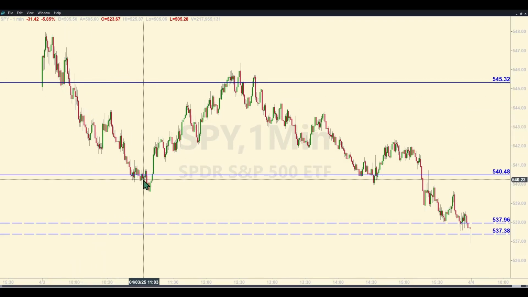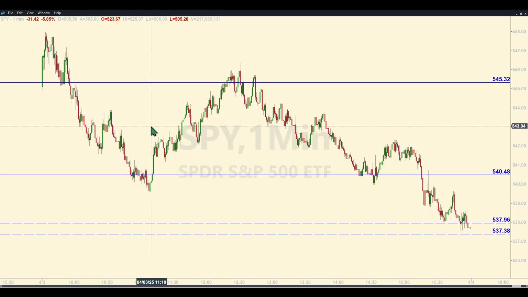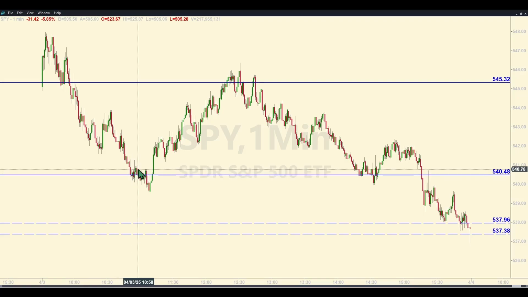They came down into 540.48, and that's another good bounce. It would not take very much at all to pull 4 points out of any of these levels. I did take one trade on Thursday, and I'll show it to you. Now they're on the underside of 545.32. That's an opportunity to take another trade on the short side.